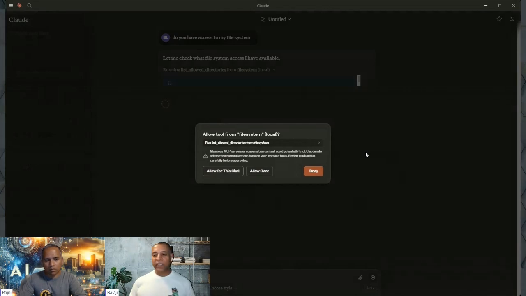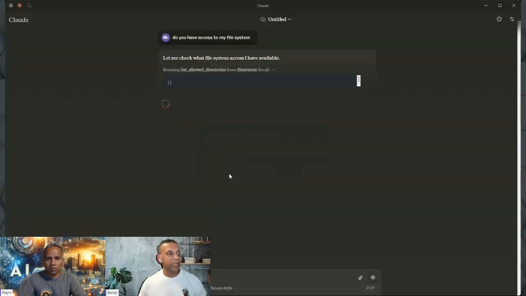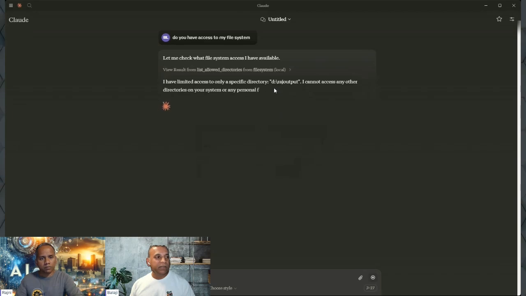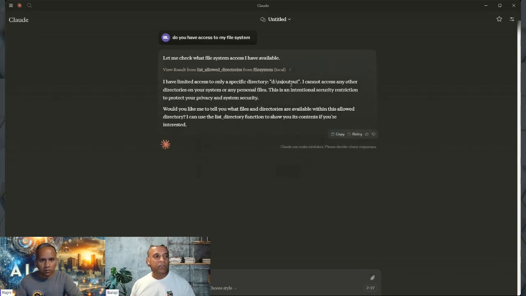So it's presenting, based on the protocol, hey, this is a restricted file system. This is a file folder that I have access to. Do you really want me to work with it, right? So okay, let's allow that. So it's going to go find out which folder. I gave it a folder, draj output, which has a bunch of 300 files in there, and it's all images.